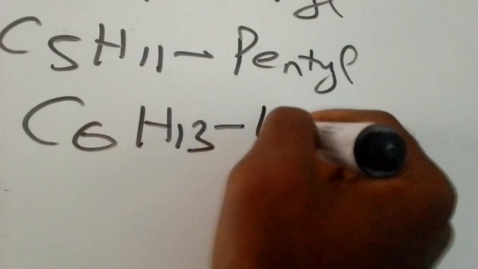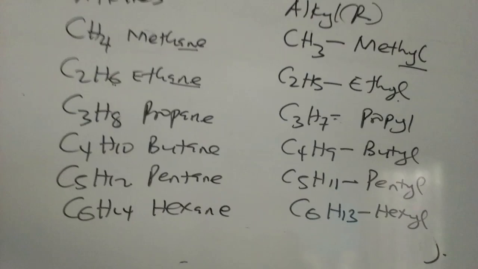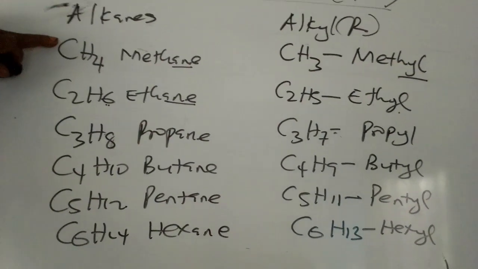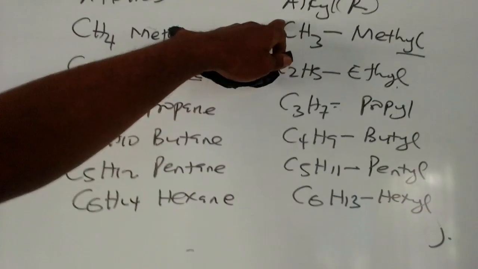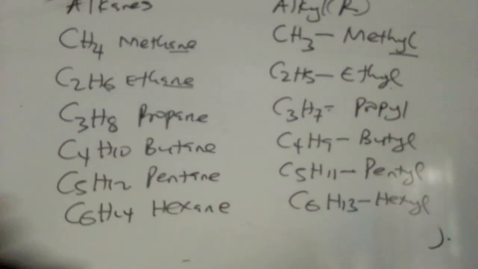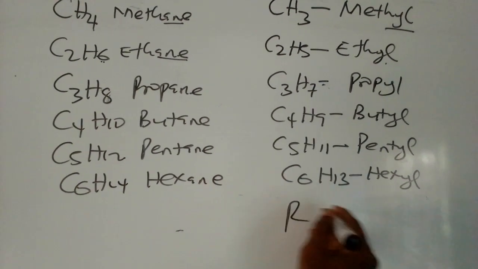C6H13, hexyl, and so on. So to get the alkyl group is not a problem. If you know the alkane family, just take away one hydrogen from each alkane, and you'll be getting the alkyl members. Or you can get the alkyl members by using the general formula